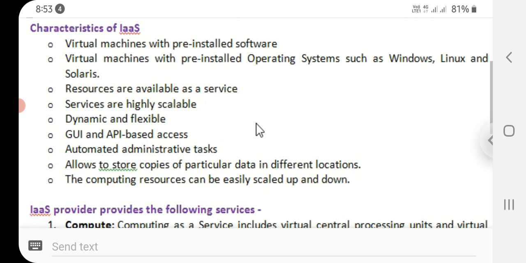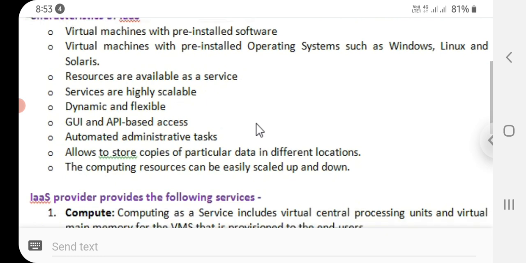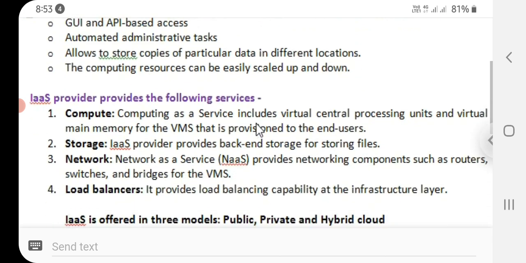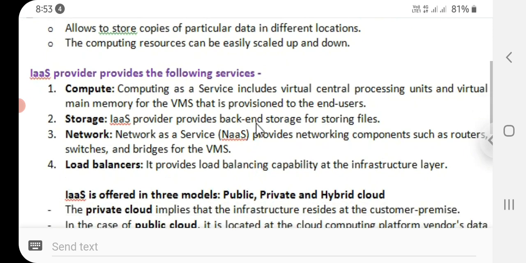Both graphical user interface and application programming interface based access are available. Automated administrative tasks. It allows you to store copies of particular data in different locations. The computing resources can be easily scaled up and down.